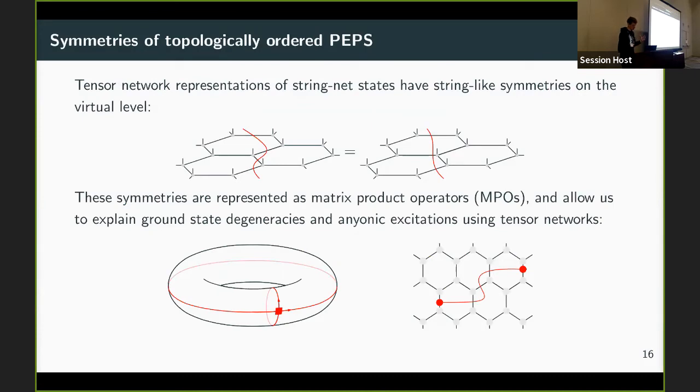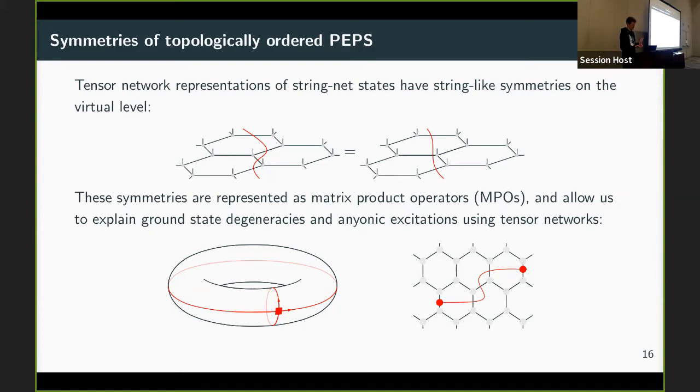Now, why is this interesting? Well, these tensor network representations of string net states have the property that they have string-like symmetries on the virtual level. So there are these operators denoted in red here, represented as matrix product operators that you can move freely through the lattice. And the existence of these operators you can kind of see from the fact that if you have such objects,